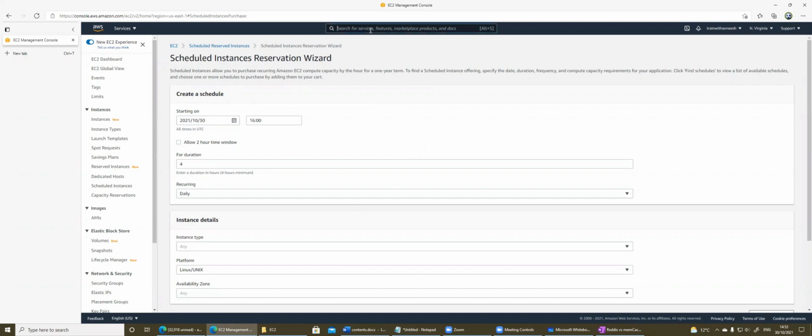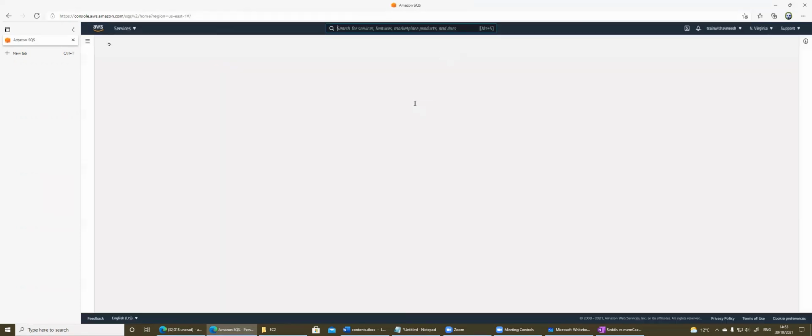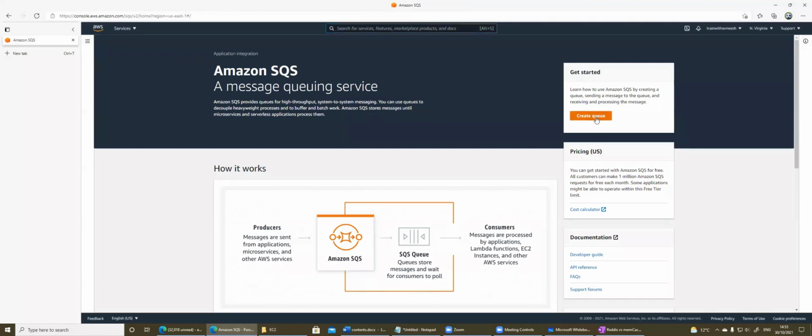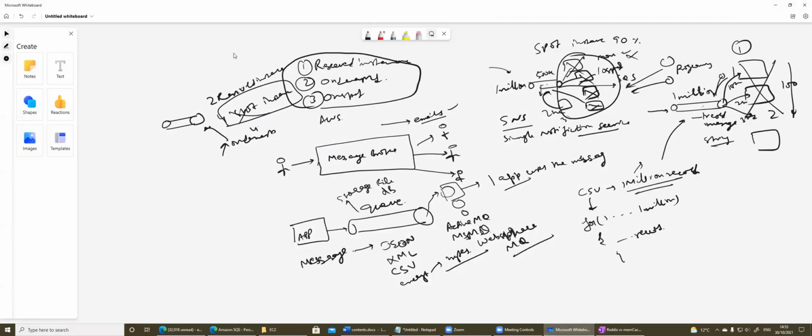But the SQS one which we're discussing, right? If I go back to a service called Simple Queue Service, which is SQS. Now the SQS one is fairly straightforward. There are two things to understand there. Now, if I go back and just delete this,